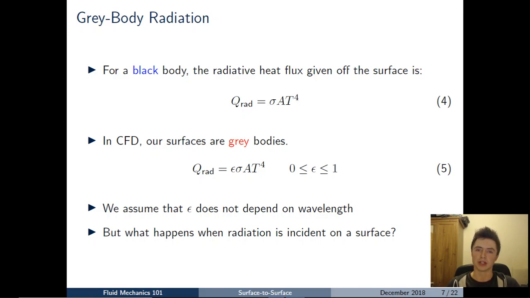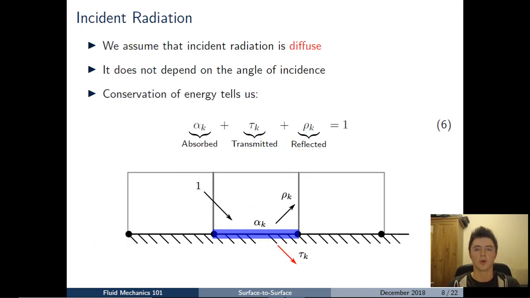But what we also need to consider is what happens when radiation that's given off by that surface is then incident on another surface. So quite often in our CFD domain, we're going to have a variety of surfaces, and they're all going to be emitting radiation and have radiation incident upon them. So what do we do to account for radiation that's incident on a surface? Well, if we look at the diagram you can see there on the slide, we're going to consider a single